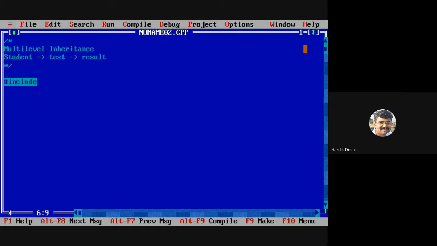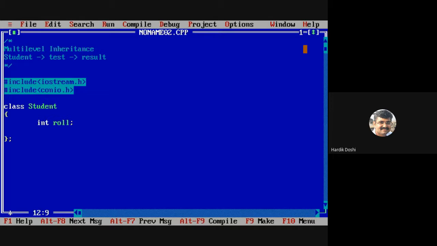Our standard process: #include iostream.h, #include conio.h. Class student, in which I am taking one parameter, integer roll number. Is it fine?